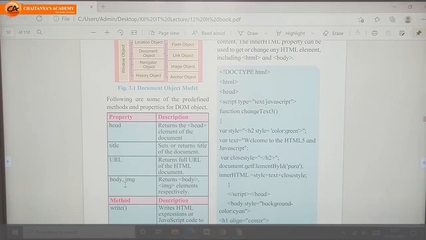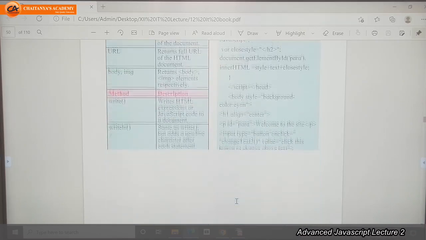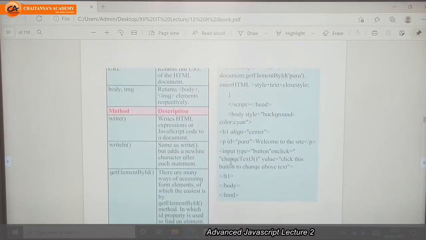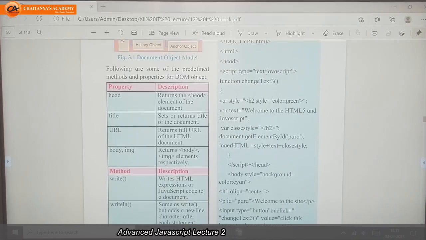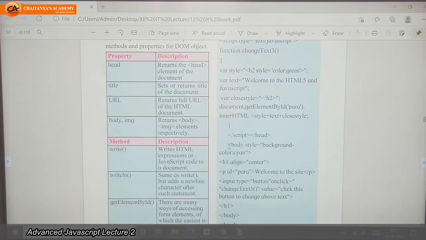Next, we can use other properties like body and image. Whatever main contents we want to display on the document, for that purpose we use the body tag. For example, if I want to display a button as output, what do I need to do?